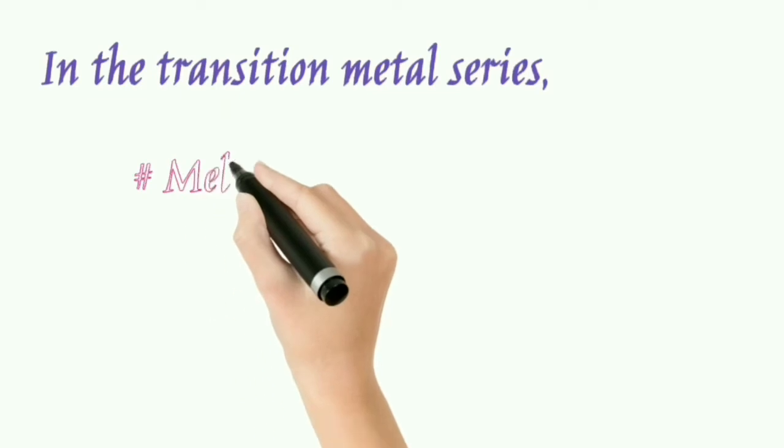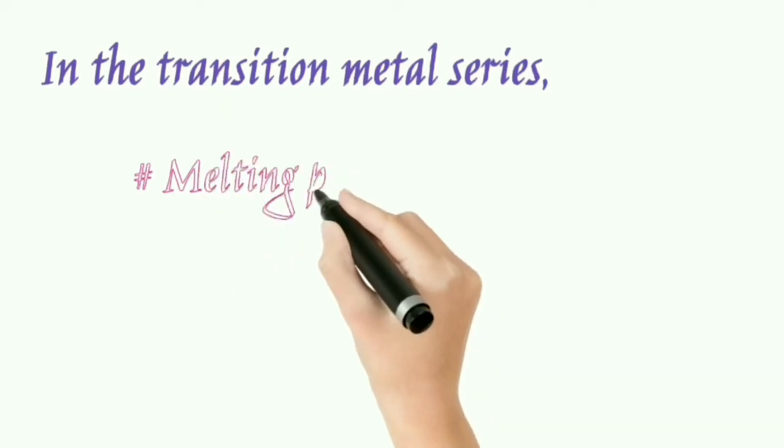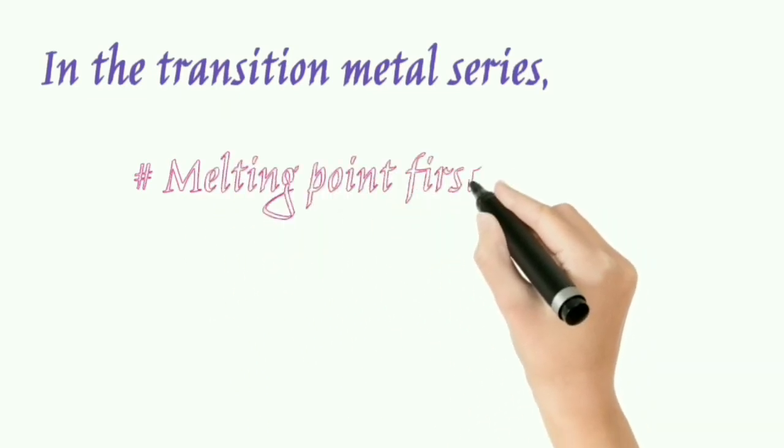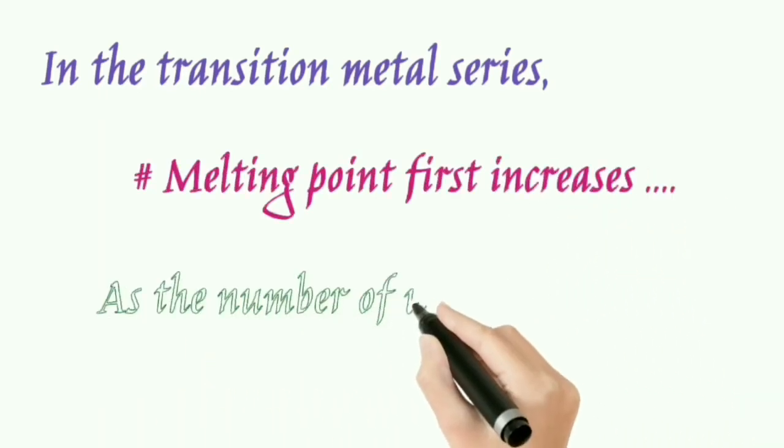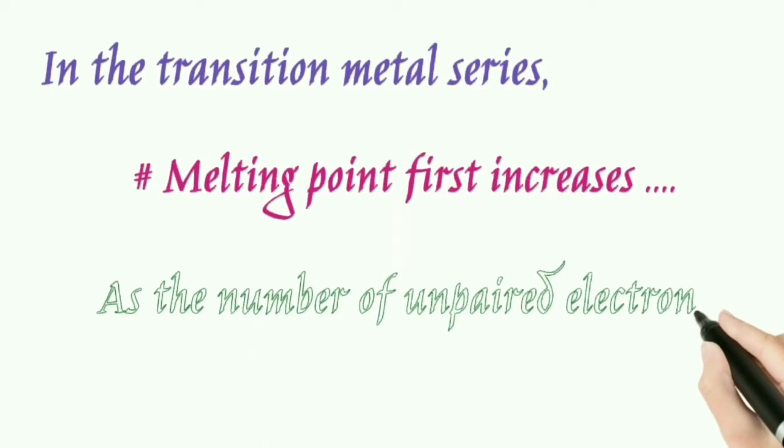So now let's see the next thing, the transition metal series. We have 4 series. Now let me explain about the first 3D series. What about the metallic nature of this series? So what are the elements we have? Scandium, titanium, vanadium, chromium, manganese, iron, cobalt, nickel, copper and zinc.